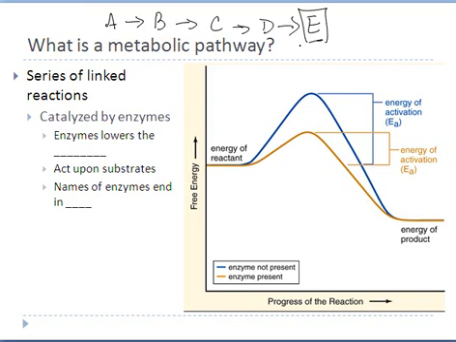Within our cells, most reactions are carried out by metabolic pathways, which means that no reaction is just a one-step reaction. It's going to be a series of reactions. Now, it gets more complex when you look at all the reactions that are going on within the cell, that each reaction is then going to be controlled by its own unique enzyme. So let's call this E1, and this could be E2, and this could be E3, and this reaction is E4. So if there are a series of 20 reactions, you will find that there are 20 different enzymes that help